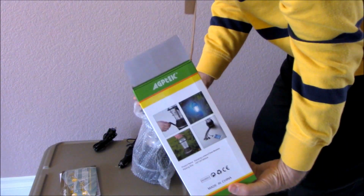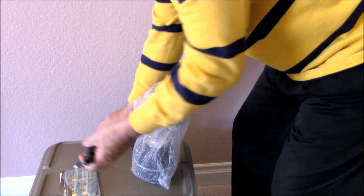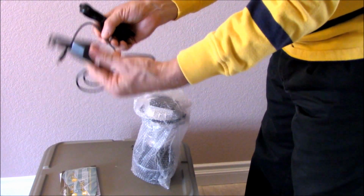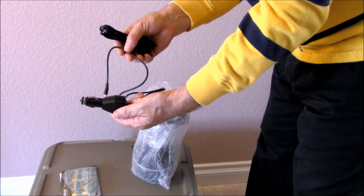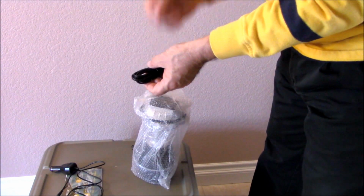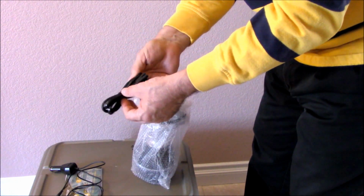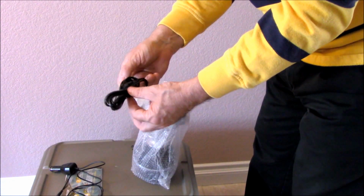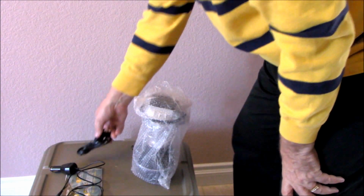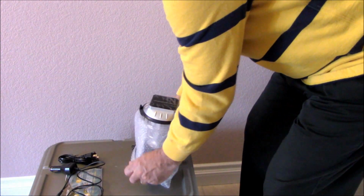You get a number of cords, which I noticed you didn't get with the other ones that I was looking at. Here's that DC power cord that plugs right into your cigarette lighter. I think my truck, the RV, has got 2 of those. And then this is the regular standard cord that would fit into the house power. I don't know why you'd want to use that, because you do have a,